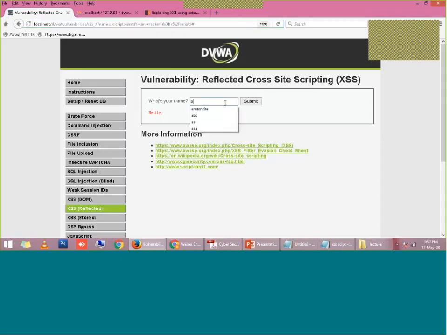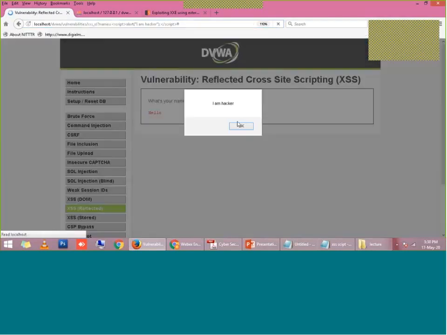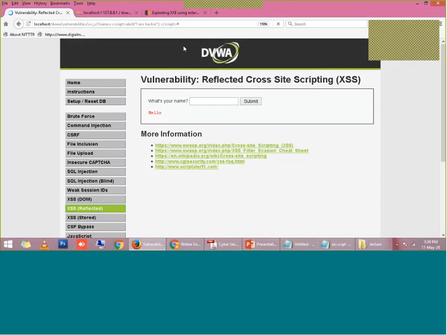When I wrote here Amrendra, it is printing Amrendra here. When I put JavaScript here, it is giving that. So what will the attacker do? The attacker will send this URL. In the first lecture, I showed you the example that if you are browsing a bank website,